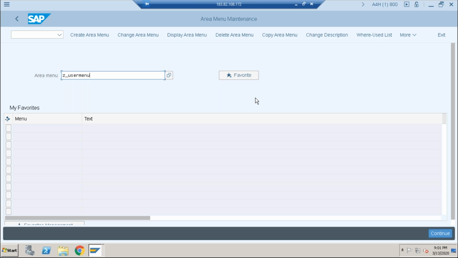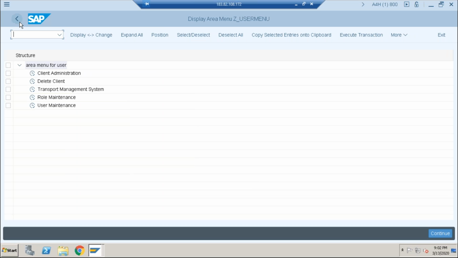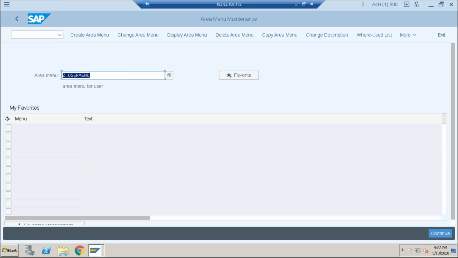Create a new area menu. From display area, create a new area menu. Check user and create area menu. Correct.